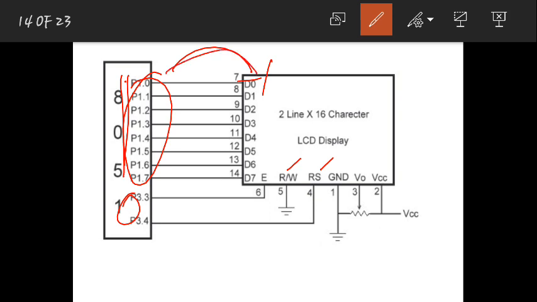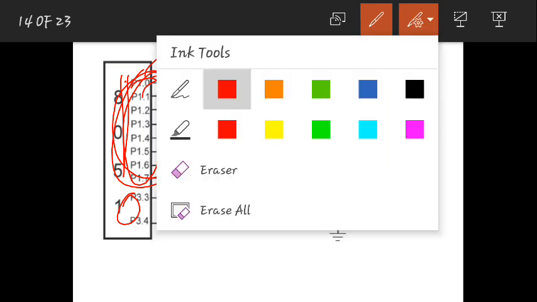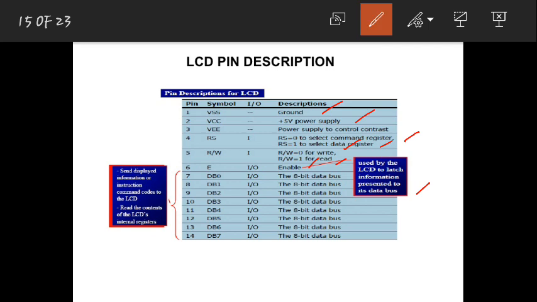It goes only after giving a high to low transition here, and only then will all the data be latched onto the LCD. If you don't give this, the data will remain on the data bus itself, on this port 1 itself. If you want to send it to the LCD, you should always give a high to low transition here, else nothing will go onto the LCD. So that is what this enable pin is.